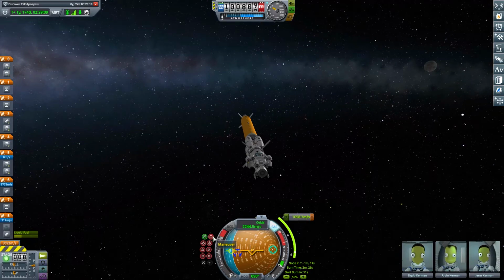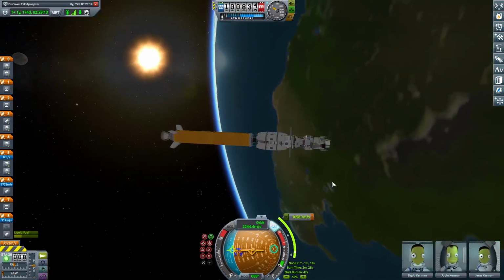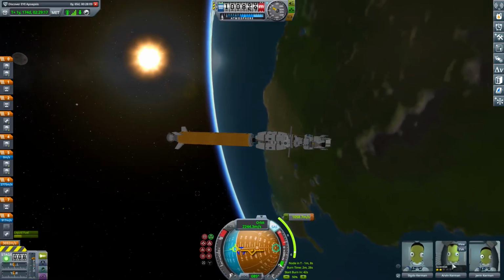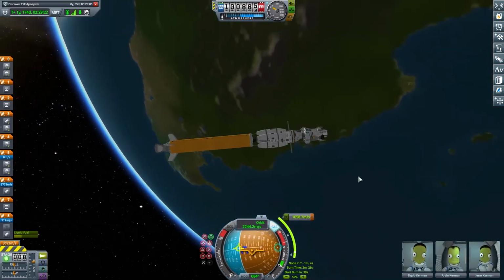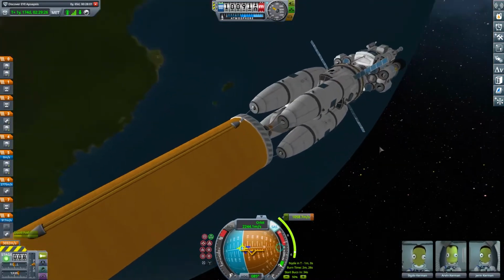It would be really good if I could go to the maneuver node, please. That would be nice. Is that possible? All right. So who we got here? We've got Sigdo, we've got Arvin, and we've got Germ. Germ is by far the least qualified of our crew. What even is this? Did I build this? Oh, is this the...